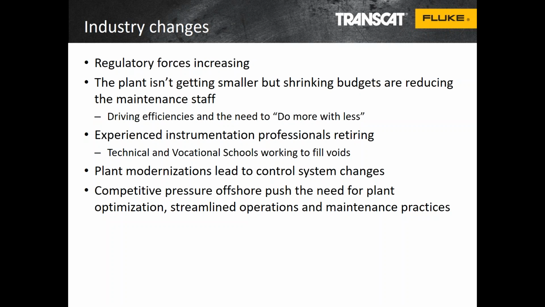And experienced instrumentation professionals are retiring. The term I've heard used is the brain drain. The experienced folks with the tribal knowledge in the plants are retiring, and more the technical and vocation schools are being asked to fill the needs to provide skilled people into the facilities, but they don't have the background and knowledge of the folks that they're replacing, so there's a little bit of uptime to bring those folks on